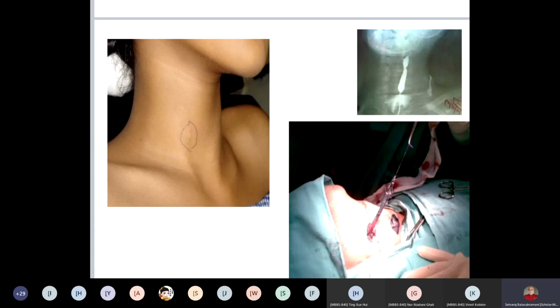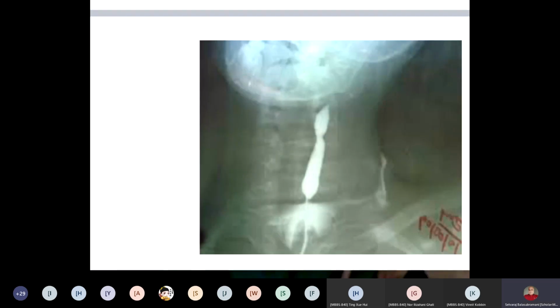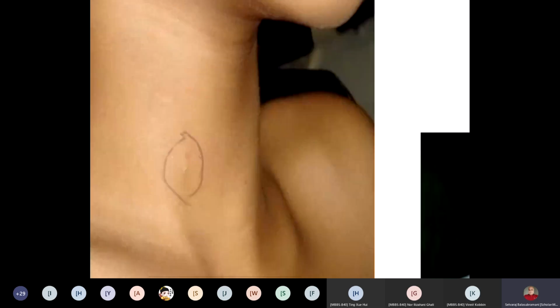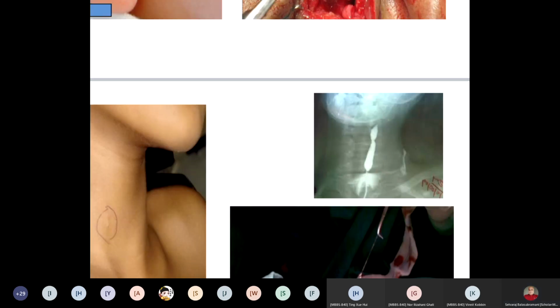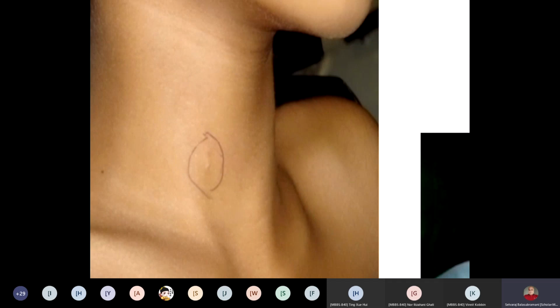Okay. What is the investigation you are seeing here in this picture? Yeah, tell me. What is the investigation? It is not barium meal. Sorry, they are injecting some dye in this fistula, and then they are taking this picture. This is a fistulogram. You have to inject the dye in this fistula. One end is here. The other end will go through the bifurcation of the carotid artery and end near the tonsillar fossa in the throat.